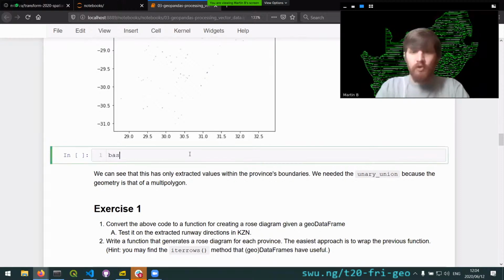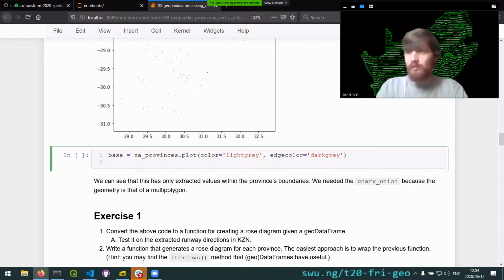To illustrate that even more, what we can do is take our ZA provinces and plot these as light gray, and we'll give them a dark gray edge color because we're now dealing with polygons. Previously we just had lines. And then what we will do now is plot our KZN runways. In this case, I'll get back to this, but we're going to plot the